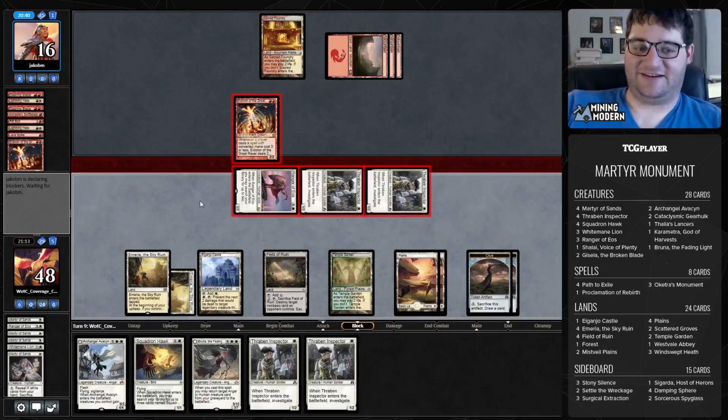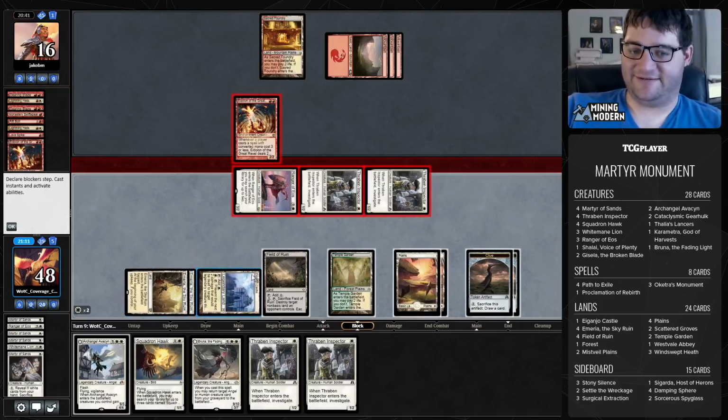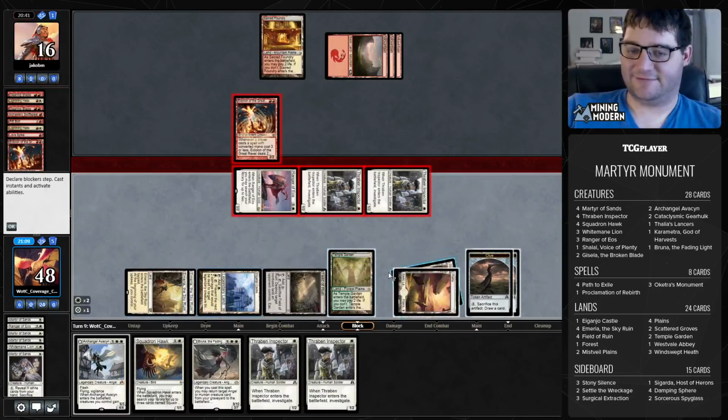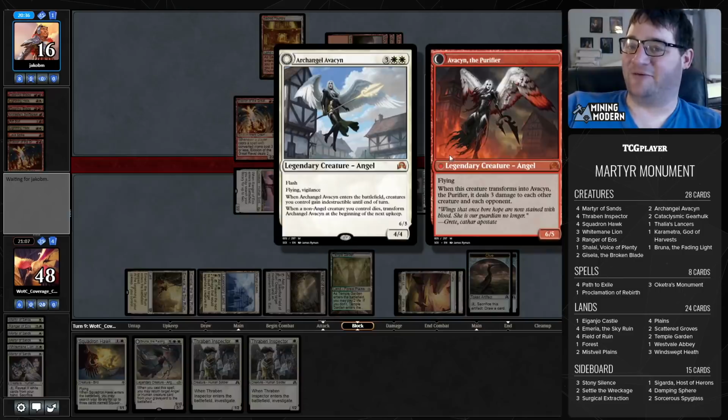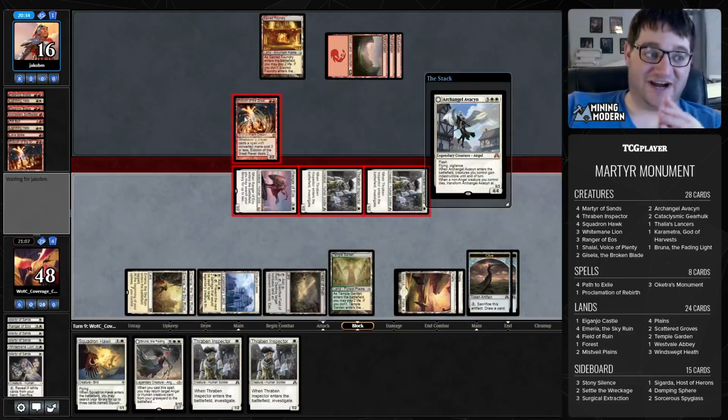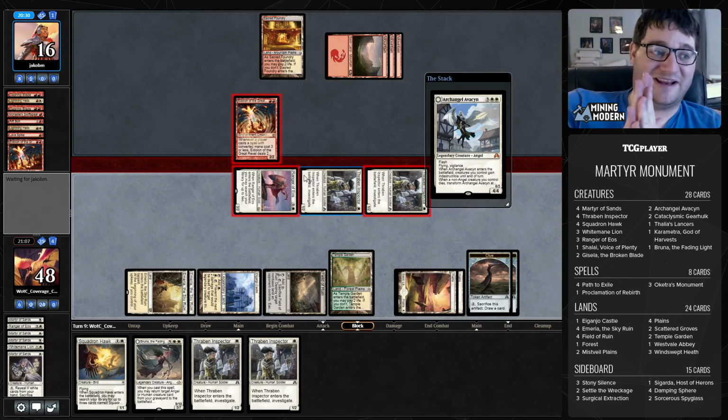I guess I could save it. Yeah, I'll save it. Why not? I love Archangel Avacyn in Modern. This deck is so cool. It plays so many cards that are just non-existent in Modern. Thraben Inspector, I mean, that's a little played, I guess. There are Martyr decks, too. That's a thing, right? But...